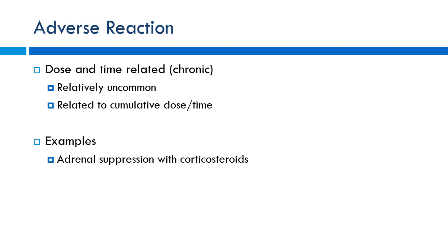So if I have a patient who comes in for an asthma exacerbation, I give them a 5-day course of prednisone, I don't have to worry about tapering them off of that because the adrenal glands haven't had time to really stop production. However, if I have someone who has rheumatoid arthritis and they're going to be on it for months and months and months and they want to come off of it, I have to taper that down very carefully. Otherwise, their adrenal glands are not going to have time to catch up and start production of